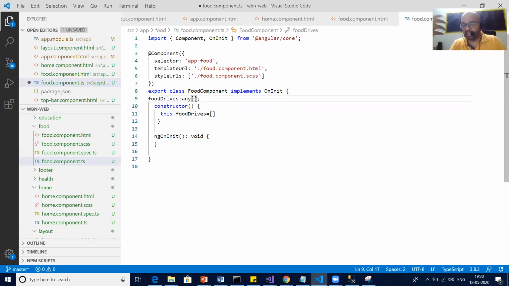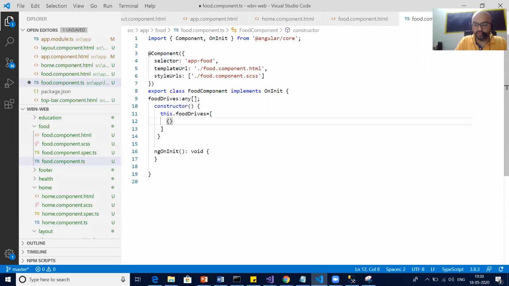It's an array of any, and then in the food drive you can define what the objects are. The first object would be a huge object of food. Do remember, it's not going to be a simple or shorter one. There will be a big object of food, but as of now I am taking the important or necessary properties of the object.